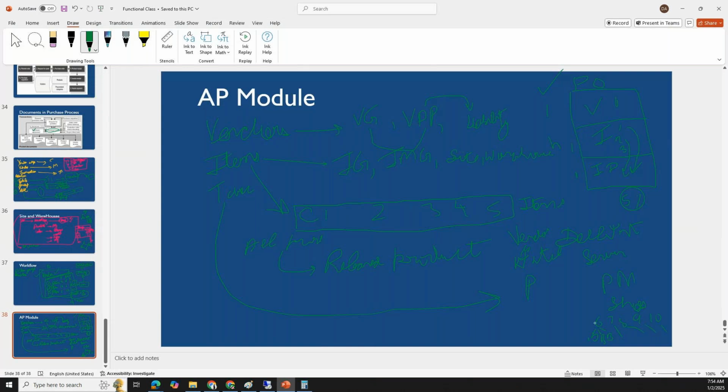If I make one particular item for the shoes, it will be somewhere around 5 into 3 is 15 products. 15 products I have to copy paste one by one again and again. Instead of that, what I can do, I can create a particular shoe, and over it I can define the variants. The variants can be divided into size, then it can be divided into the colors as well. Similarly, if you see over here,